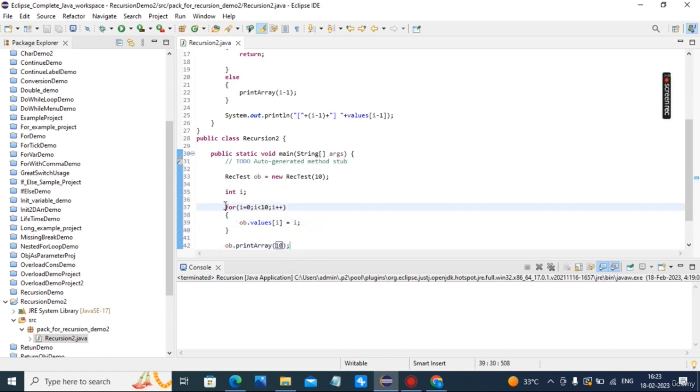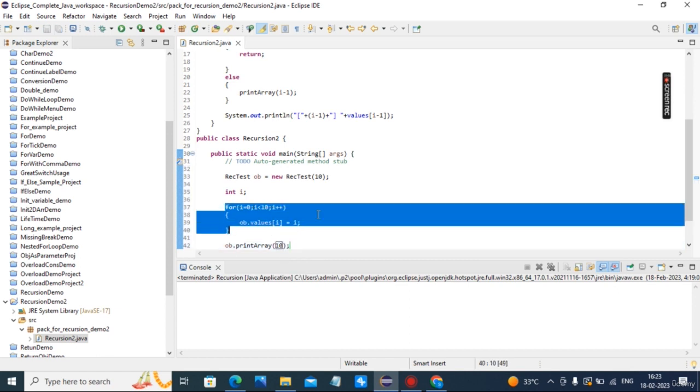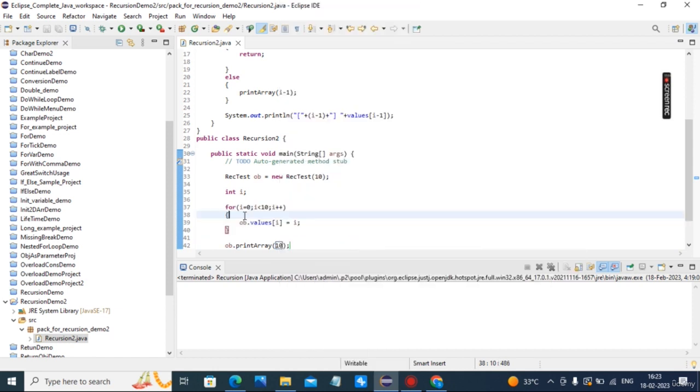So here what I did, for 10 number of times, each and every position I put the values from 0 to 9, and in print array these values will be printed using recursion.